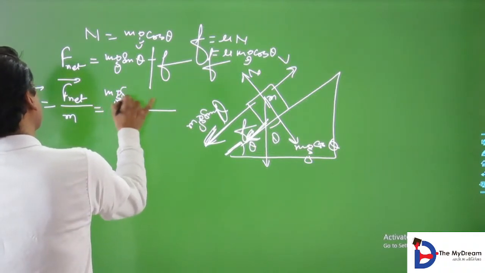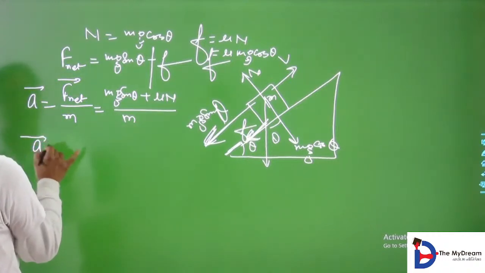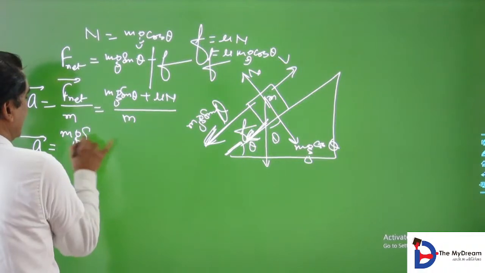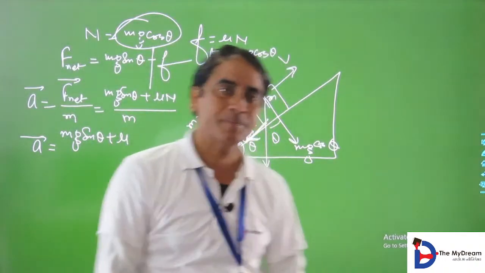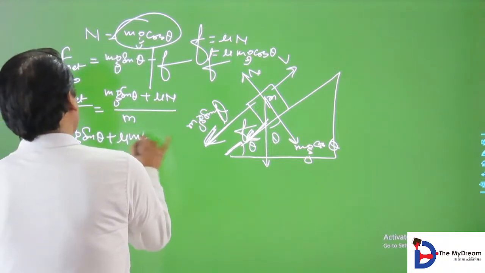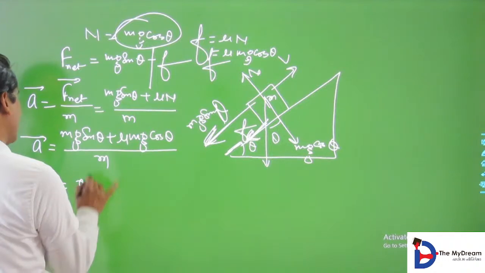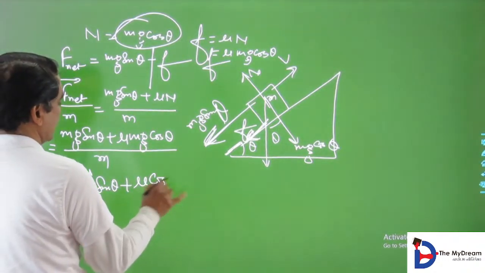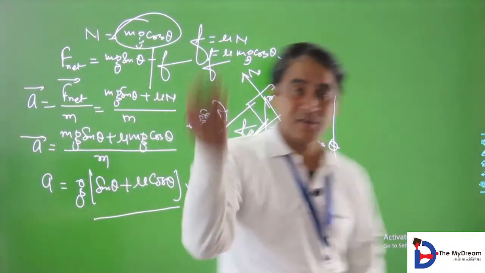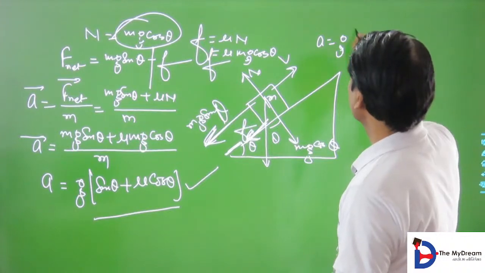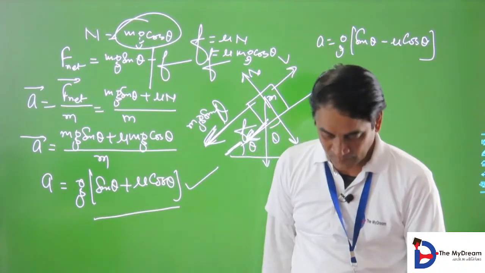mg sin theta plus mu mg cos theta, N is equal to, जी कहाँ चले गए थे, चलिए आ जाओ बेटे, सोचा मत करो, याद है। तो एक्सेलरेशन हो गया g sin theta plus mu g cos theta. और आज के लेक्चर में मैंने आपको क्या बताया, हम ऊपर जाएंगे तो प्लस का आएगा, नीचे जाएंगे तो माइनस का आएगा, चाहे कोई हम अपोज ही क्यों ना कर रहा हो, ठीक है।